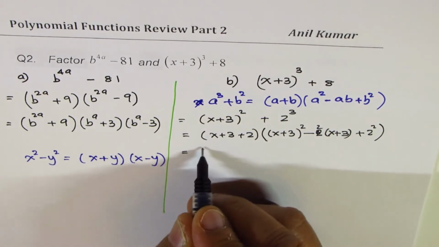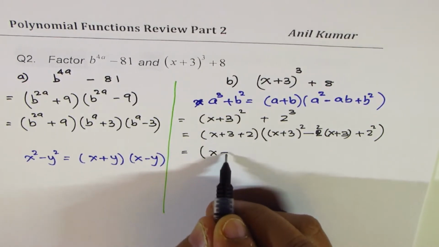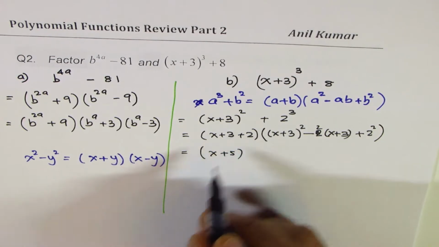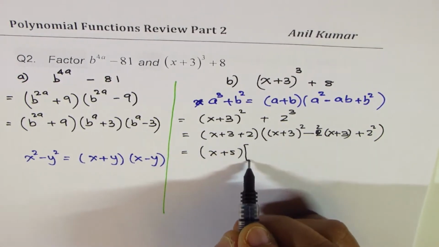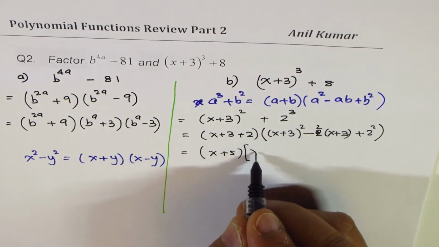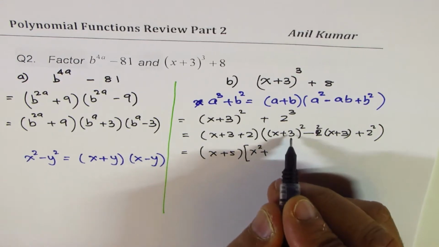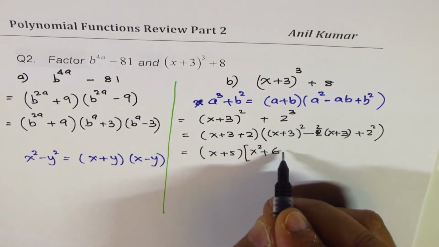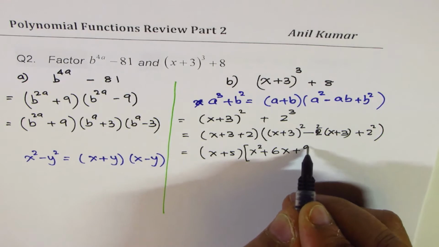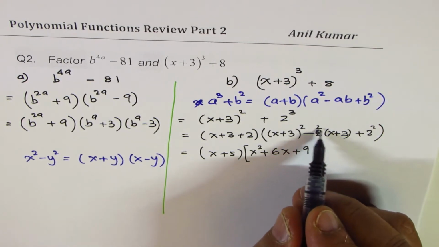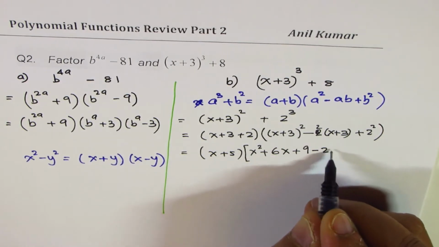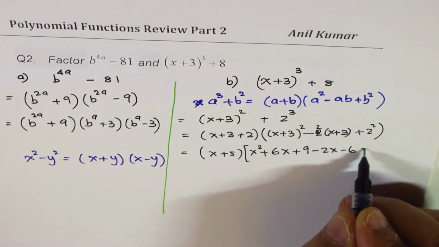So let's expand and simplify. We get x plus 5 as 3 plus 2. And here, (x plus 3) whole square means x square plus 2ab, which is 6x, plus 3 square, which is 9. 2 times this will give minus 2x minus 6, and we have plus 4,